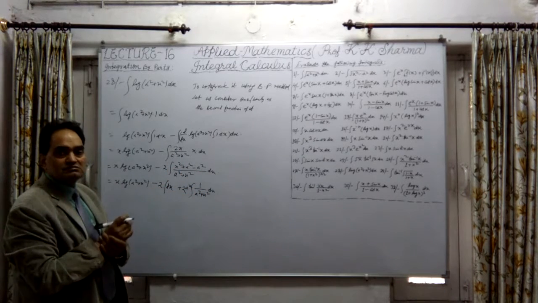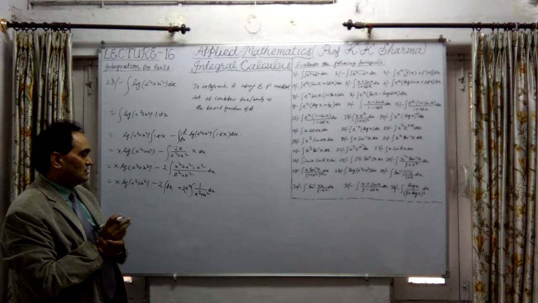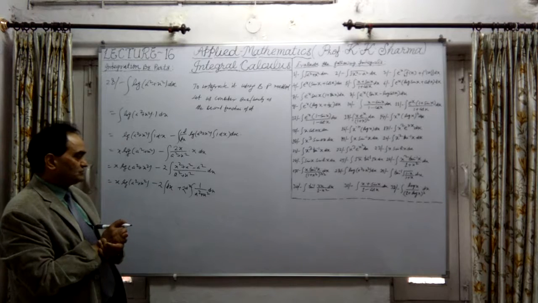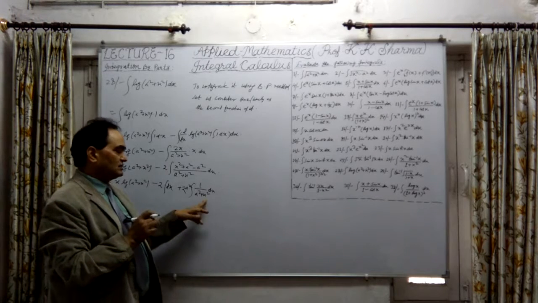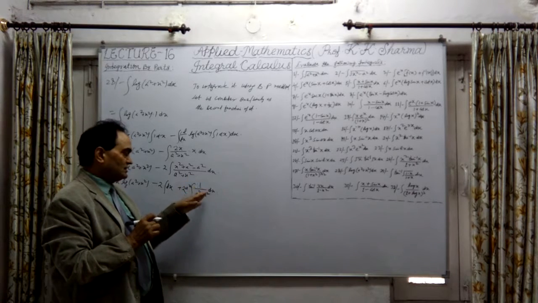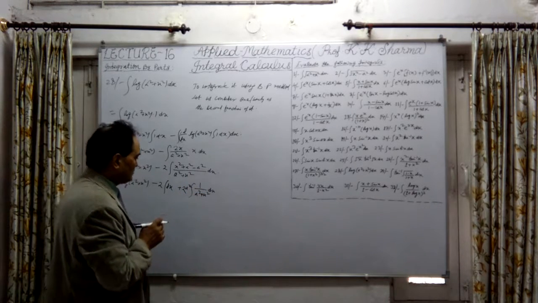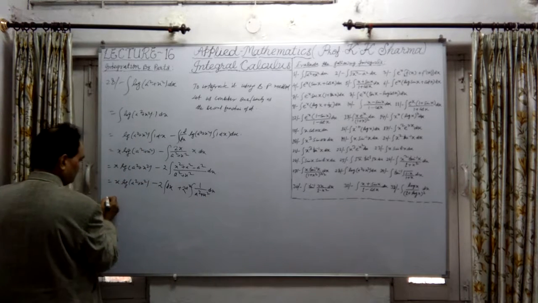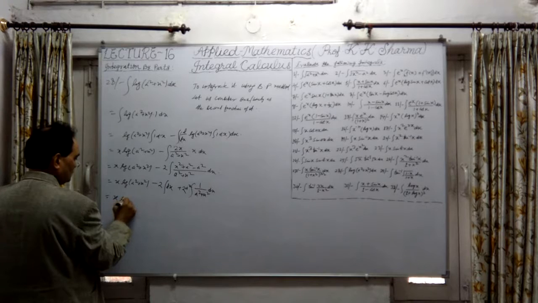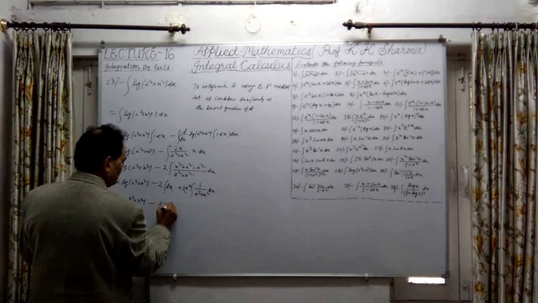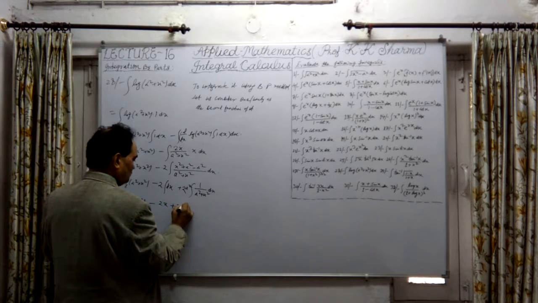Only d theta, integration of that will be theta only. Value of theta will be tan inverse of x upon a. Okay, so that is the formula. Or we directly substitute the value. Let me substitute the value directly. This is x into log of a square plus x square minus sign twice into x plus 2a square upon